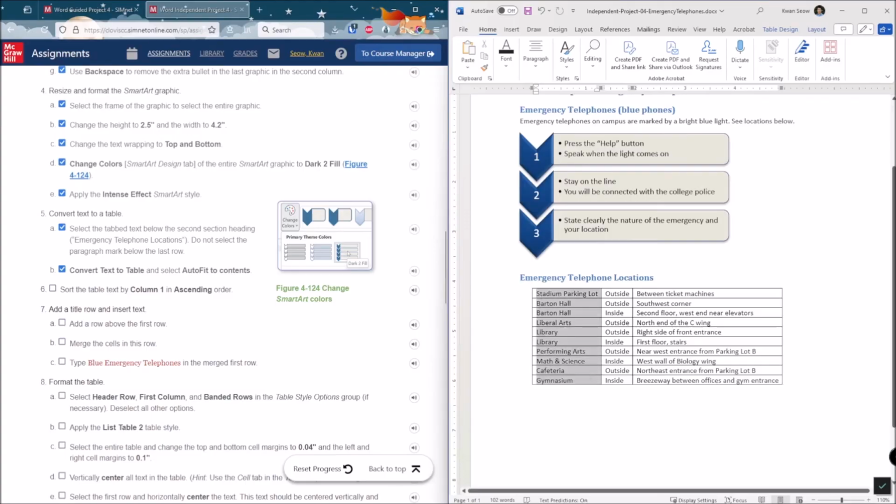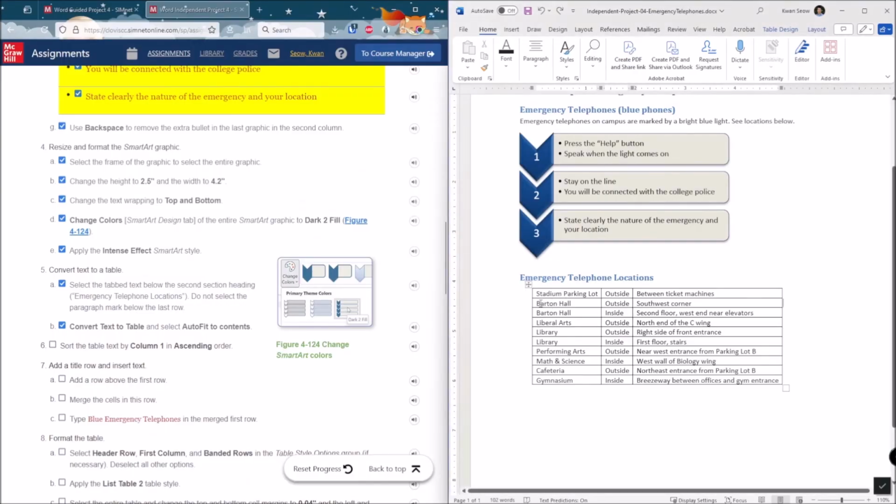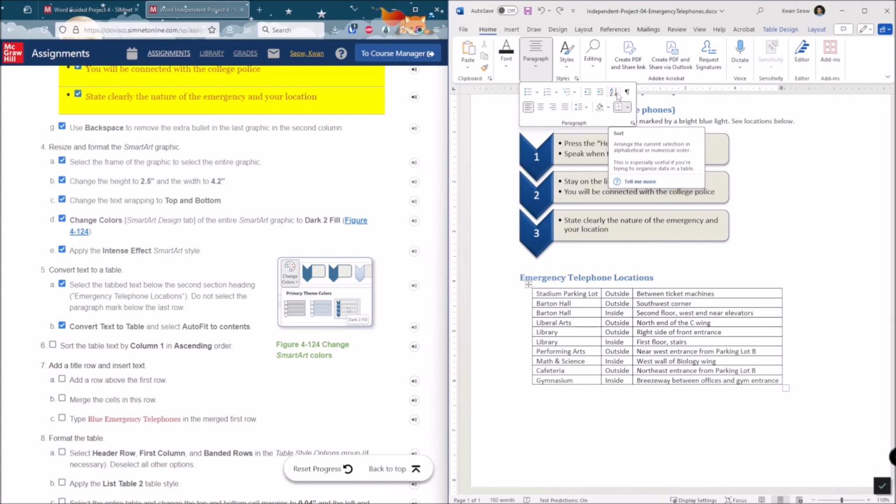So, all right, to sort it, make sure you have an insertion point anywhere within the table. So I just went ahead and put it into the second cell. It's kind of hidden for me, but you should be able to see it on your screens. It is in the paragraph section in the home tab. Is this A to Z? It's the sort button.